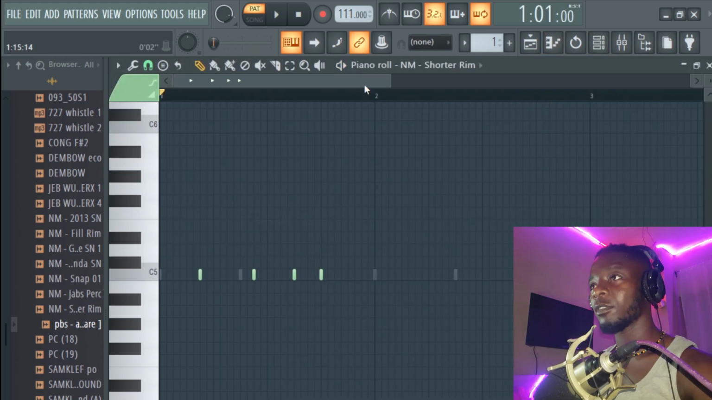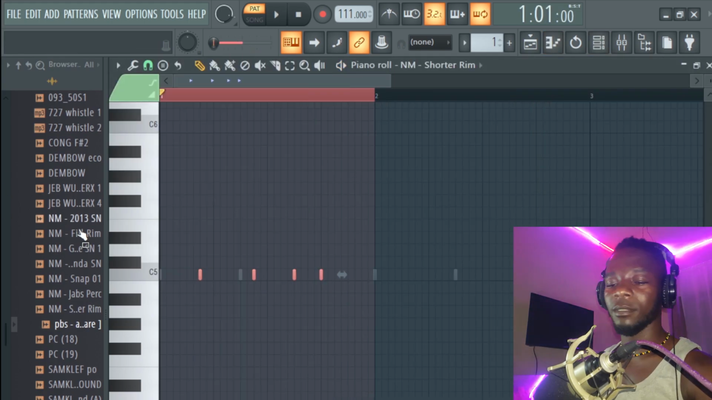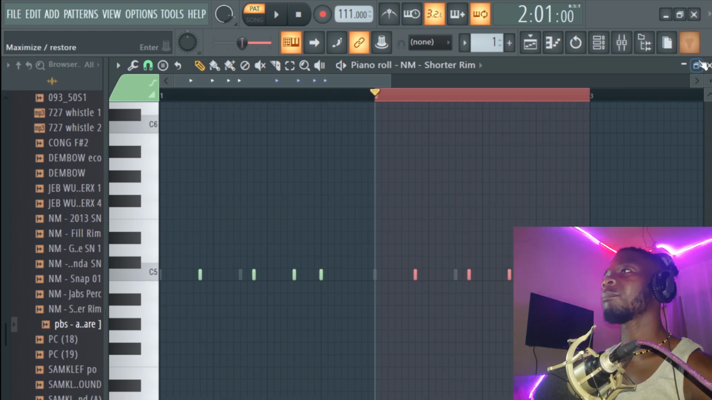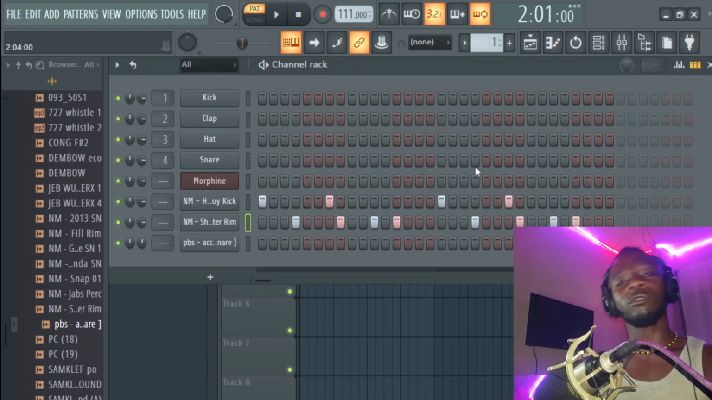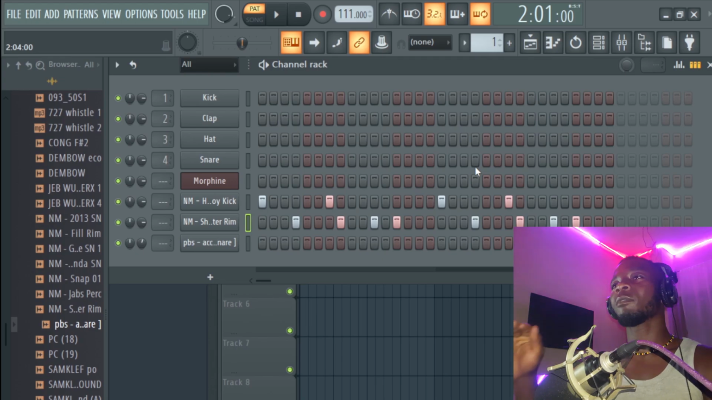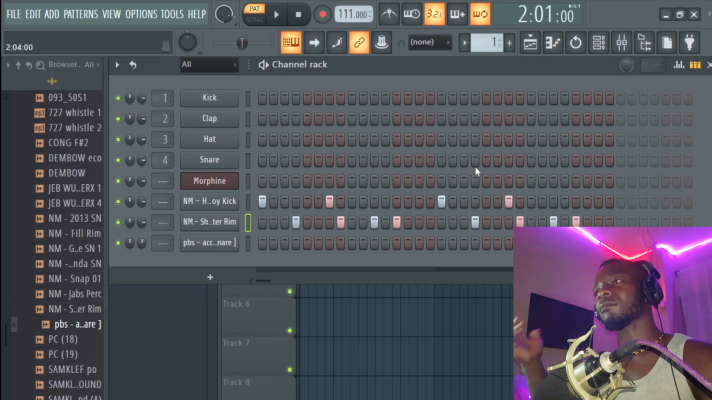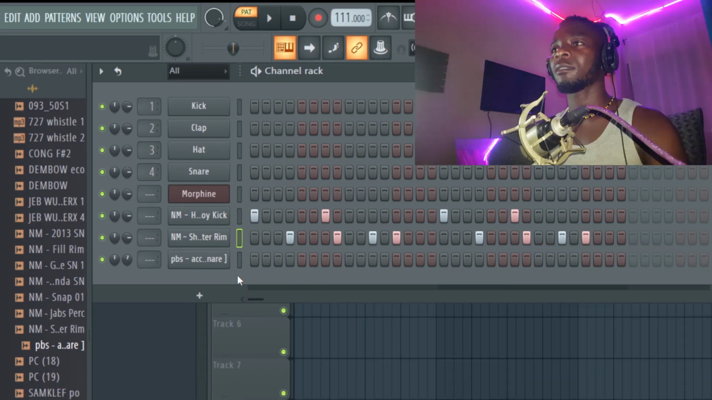Now let me just go down here to copy it. This is a basic way of doing it, so you can do it your own way, but a basic way of doing it, you just go into a piano roll, copy it anyhow you like it. You can say